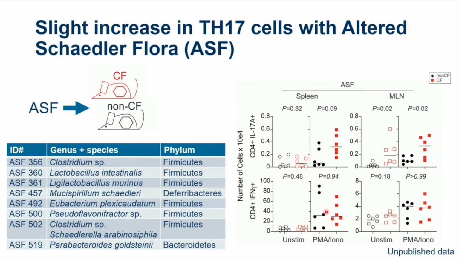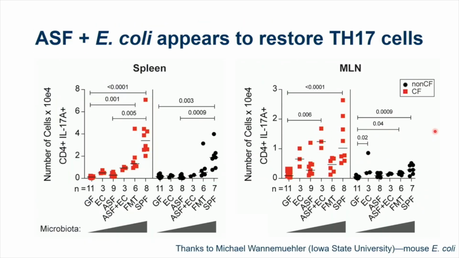And when we look in the spleen and lymph node, while the spleen was not significantly increased, we did see higher Th17 even with just this very small community in the mesenteric lymph nodes. If you look at this in context in terms of numbers of cells, though, there weren't very many of those cells. And this is something maybe you're not supposed to do, combining flow data from 2 different institutions spread over many years. So this is really very preliminary, because if you look at the group